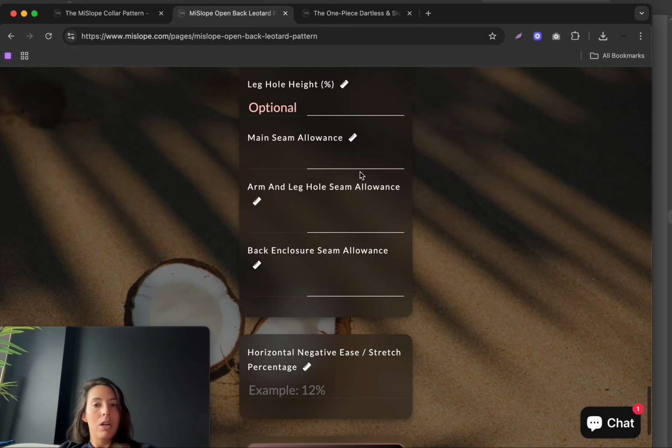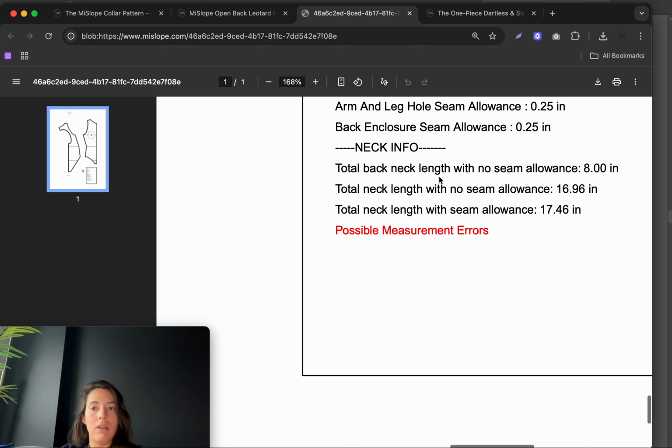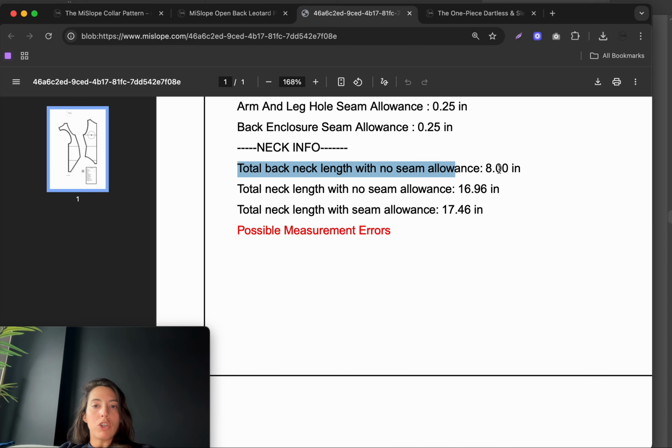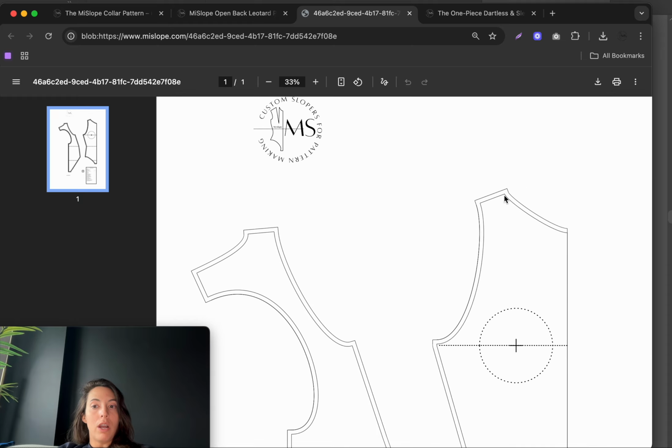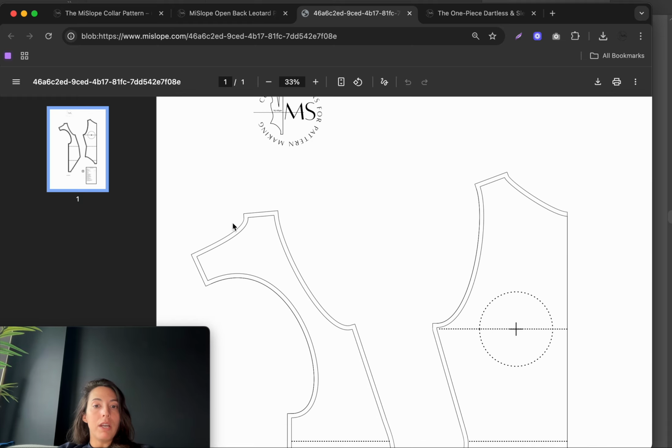So we're going to download our full page, and then we're going to take a look at our neck info down here. We have our total back neck length, no seam allowance, total neck length, no seam allowance, and total neck length with seam allowance. So we want this middle one here, our total neck length with no seam allowance. This is essentially the combination of this curve here and this curve here combined. And yeah, we'll pull that in